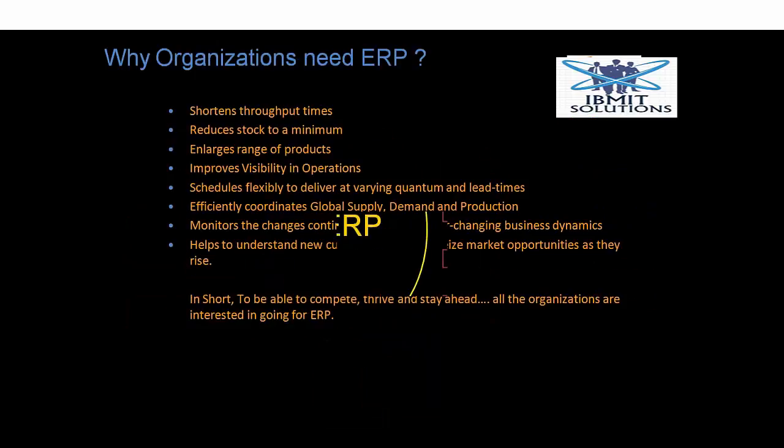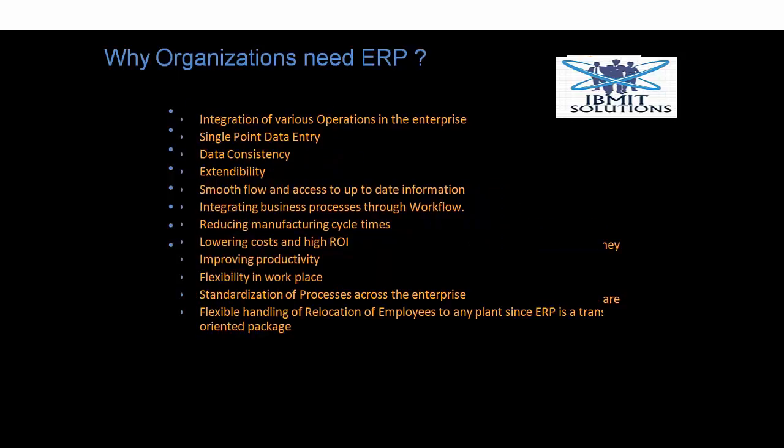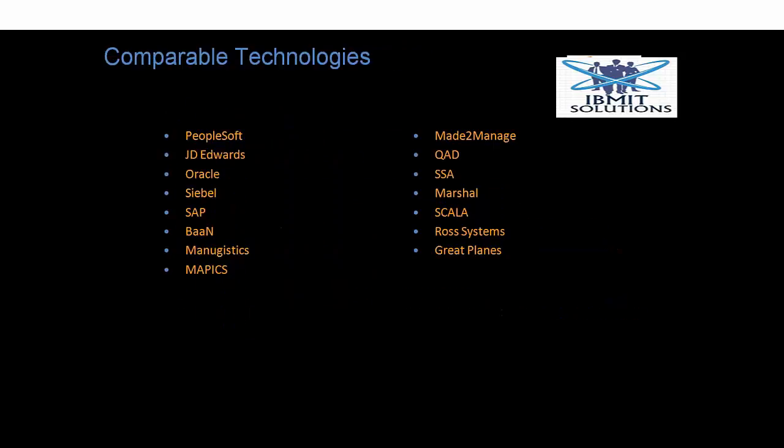And then cost-wise, benefits-wise, production cost will be less and you can provide better customer response. The product cost and quality both are good. So right now, these are the ERP products in the market. Among these products, which are most famous, like PeopleSoft, SAP? Right now we have PeopleSoft, JD Edwards, Oracle, Siebel, SAP. These are the main competitors among themselves.